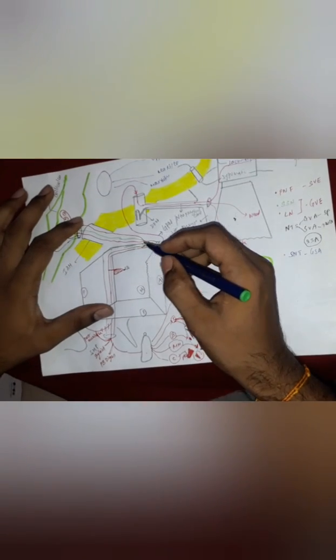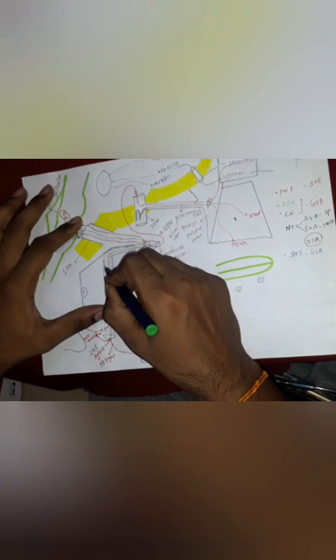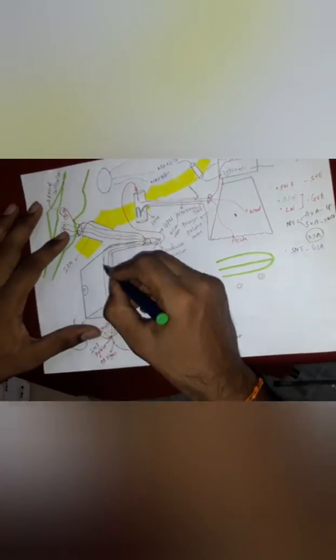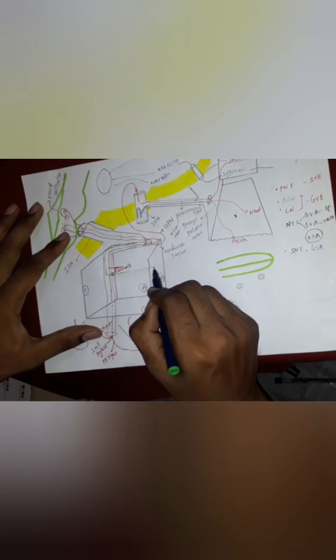Okay. Now, if you look at the next one, the superior salivatory nucleus, as I said, it enters the geniculate ganglion, and it goes backwards and downwards, but it does not exit your stylomastoid foramen. Where has it gone? Some magic has occurred, right? So what happens is, there will be a canal here, in this bony cavity. This canal is known as the posterior canaliculus. Fine, very easy, right? It is in the posterior aspect, and there is a canal, the posterior canaliculus. So it enters the posterior canaliculus and reaches your medial wall of the middle ear, and it exits via